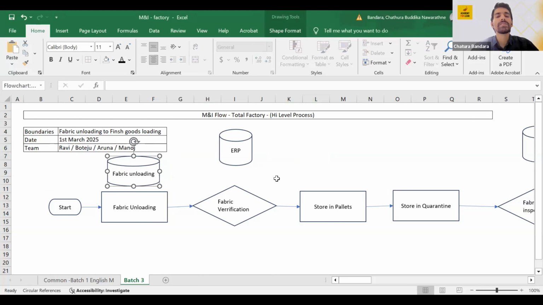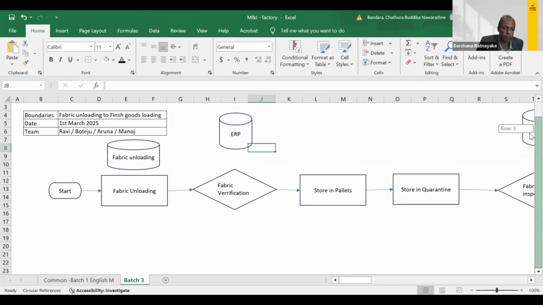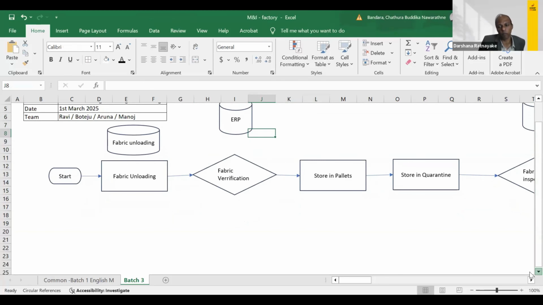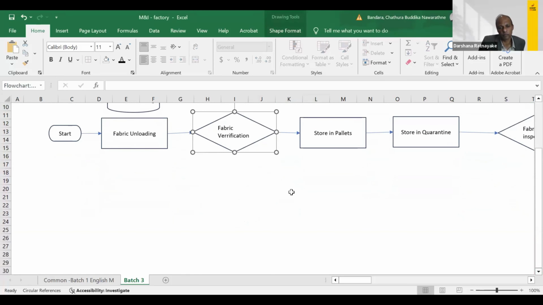Shall we move forward with the fail loops? Yeah, okay. Darshana? Yes, yes. Well,